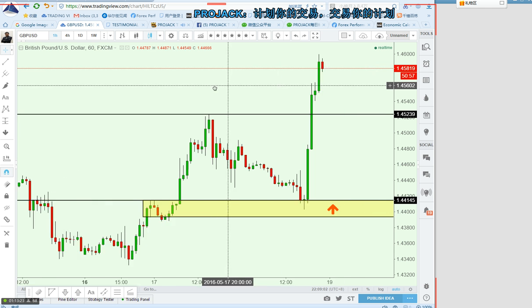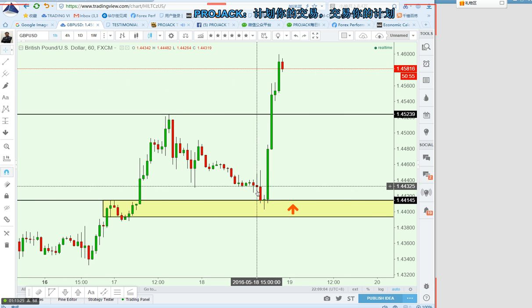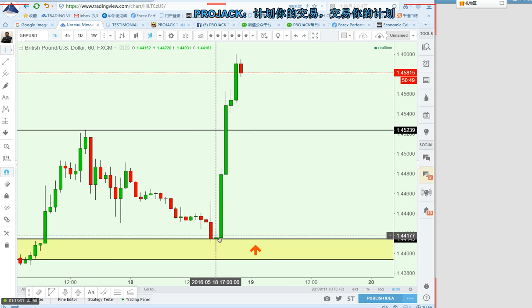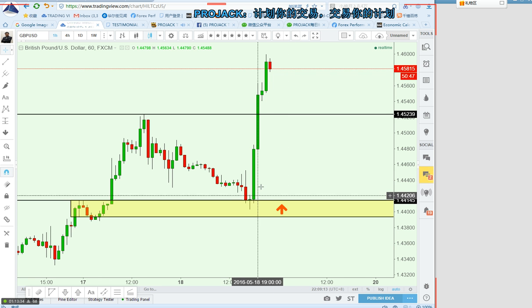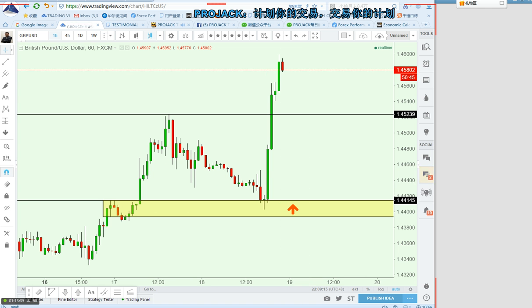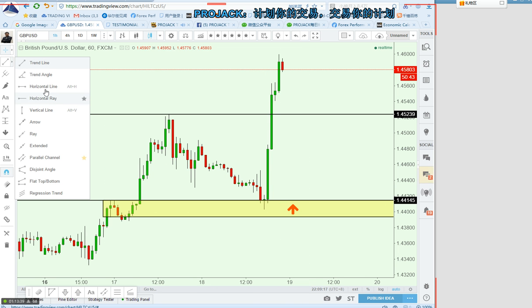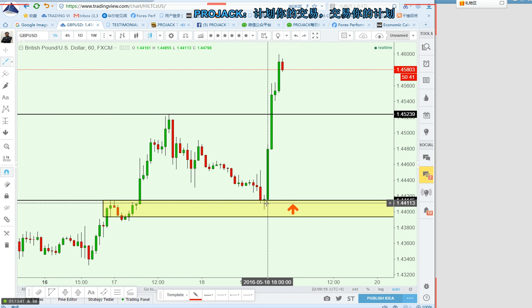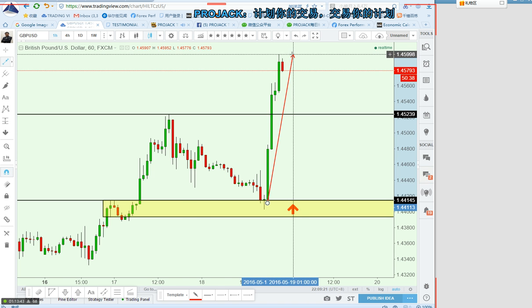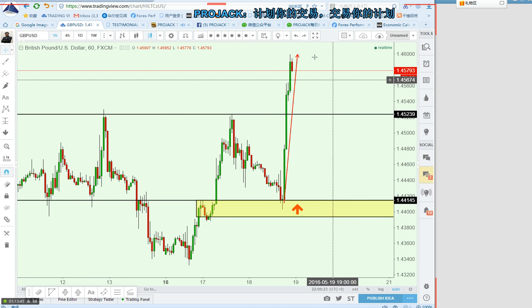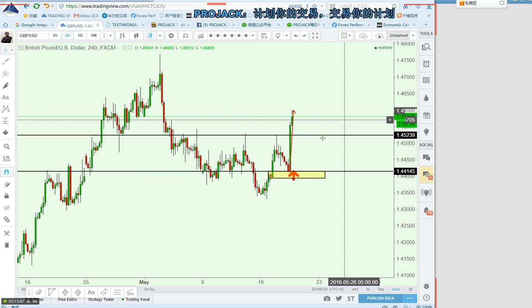You see, price tested exactly at this 1.4414. It comes down, forms a neutral bar, and then the next one, boom, it flies, and straight away within 2 hours you earned maybe 200 pips. 1.44 to 1.46, you win 200 pips already, and now you can short. For sterling now you can short.